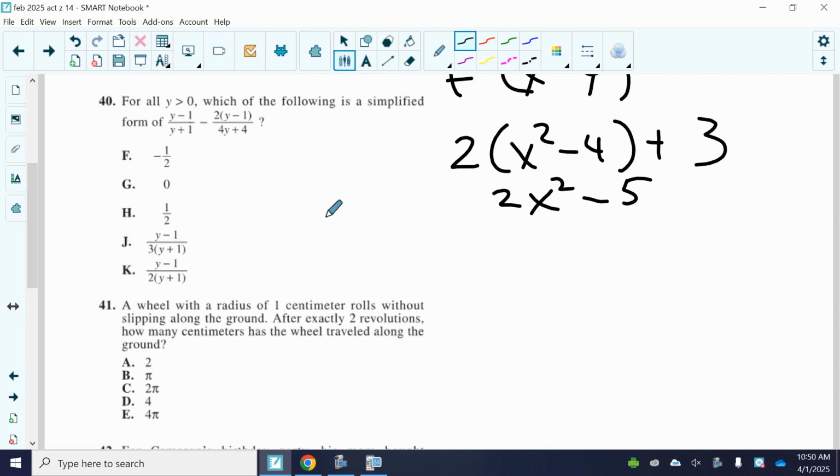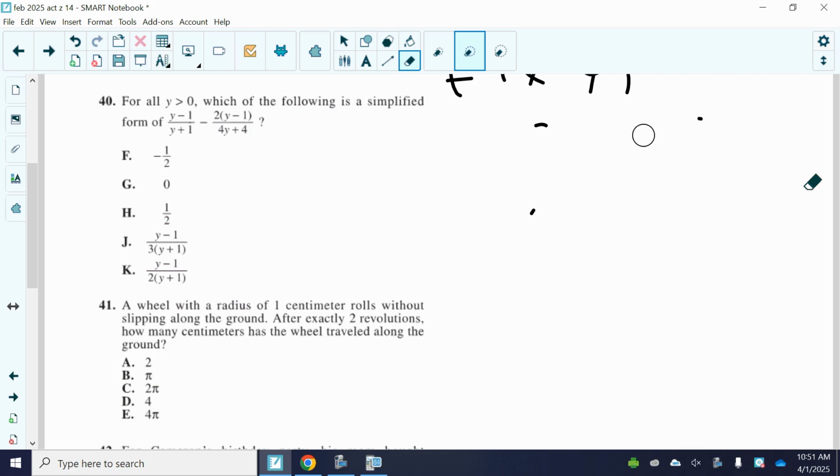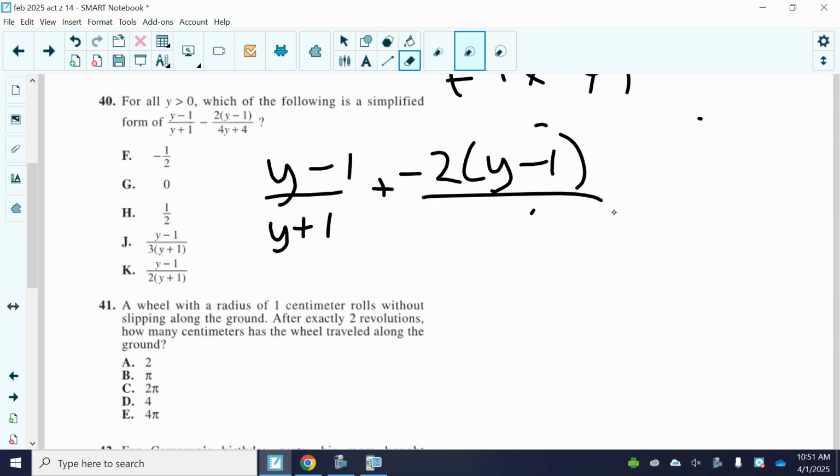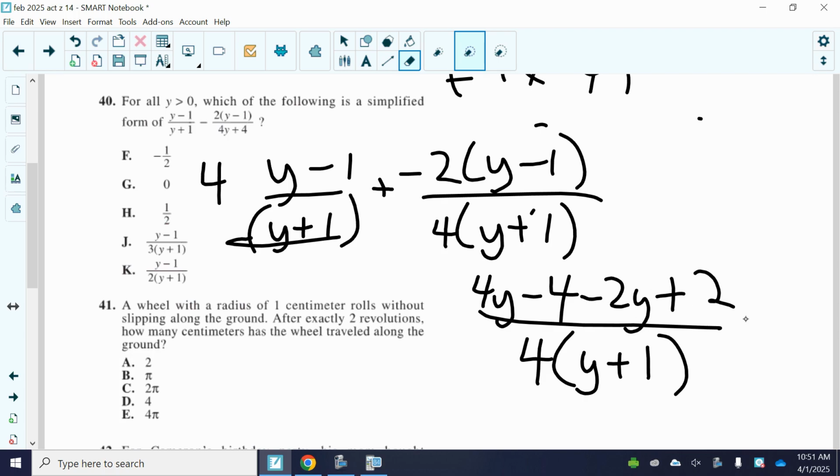This one really bothers a lot of people. It's adding the fractions. Well, if you're adding the fractions, the first thing you want to do is take that 4 out of the bottom. Minus should be plus a minus. That's the other thing you should worry about. And that should be your denominator, huh? Which means the common denominator is 4 times y plus 1. Which means you have to multiply this guy by 4. You get 4y minus 4. And this guy by nothing. So it would be minus 2y plus 2. You end up getting